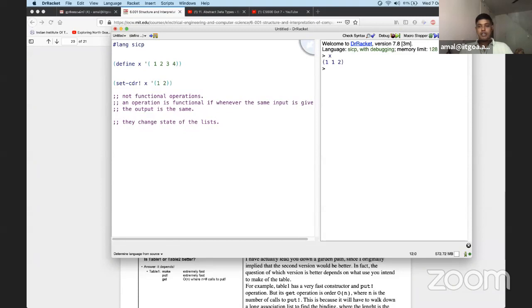When I say f is a function, what you mean is that for every x there is exactly one y. So every time I give the same x, I'll get the same value y. That's what you mean by a function. So an operation is functional whenever you give the same input, you get the same output. Now imagine I have this define